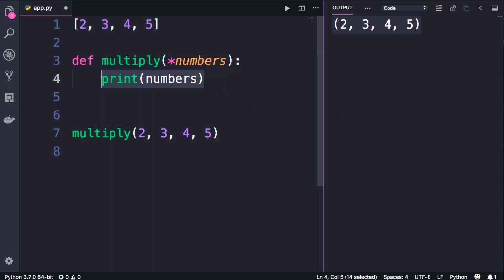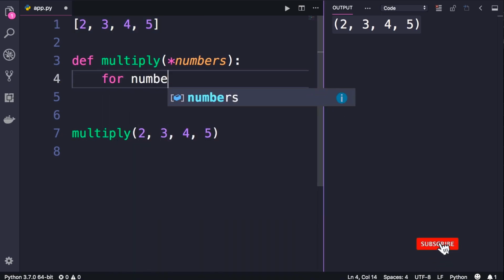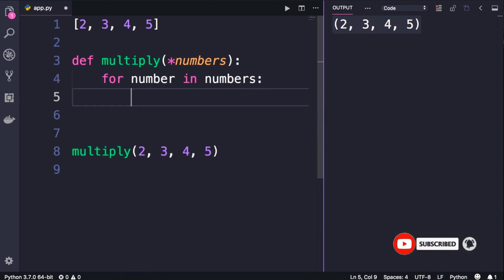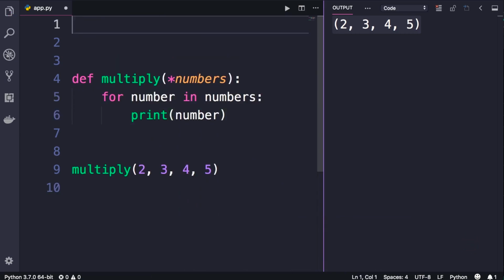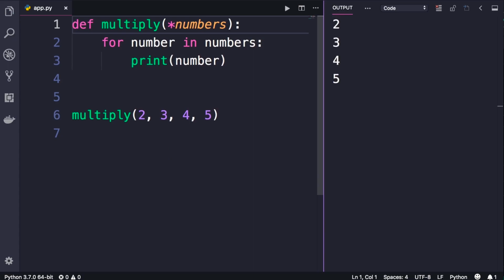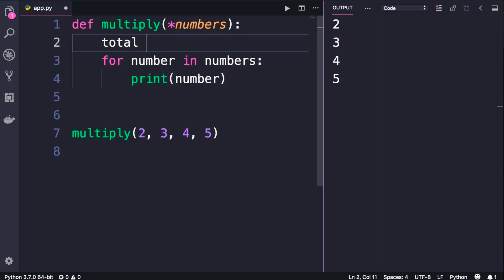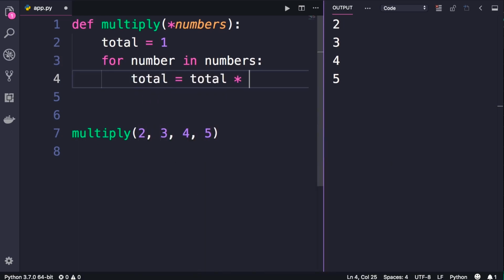Let me show you. So let's write for number in numbers, colon. Let's just print one number at a time. Actually, we don't need this line, so delete and run the program. So we iterate over this tuple, and in each iteration, we get one number and print it on the terminal. So now with a simple change, we can calculate the product of all these numbers. All we have to do is to define a variable like total. Initially, we set it to 1, and then in each iteration, we get total and multiply it by the current